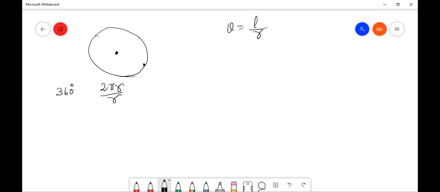If the arc length is the whole circle, the circumference, and the radius is R, then theta is the angle subtended at the center, which is basically 360 degree. So 2 pi r by r equals 2 pi. When we apply theta equals L by r, theta is measured in radians. It means 360 degree equals 2 pi radian, so we can say pi radian equals